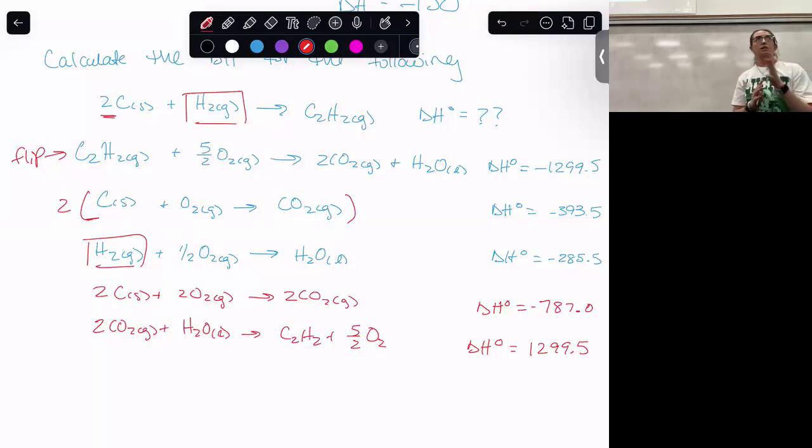Do we have anything else that we need to manipulate? I'll give you a hint. Did you manipulate all of your equations to match your overall reaction? Yes, right? We did our 2C, we did our H2, and we changed our equation to C2H2. So if we have our overall equation and all of those things that only appear in one equation look correct, everything else will fall into place. And if we look at that,